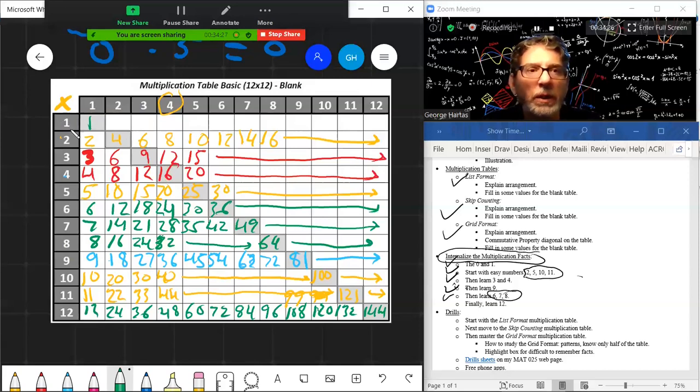1 times 1 is 1. 2 times 2 is 4. 3 times 3 is 9. 4 times 4 is 16. 5 times 5 is 25. 6 times 6 is 36. And so on, right down the diagonal. Okay, so that's the reason why that diagonal is highlighted there, to show you that these are the perfect squares. And two, either side of this diagonal is symmetrical, pretty much, because of the commutative property. All right, so